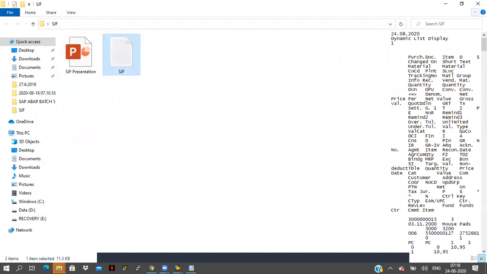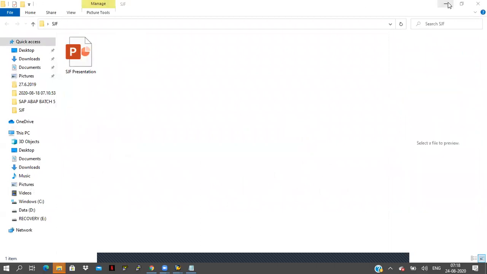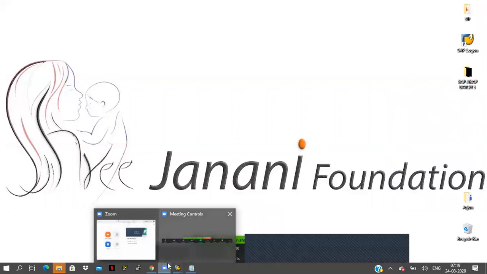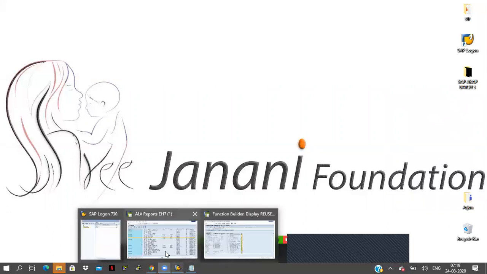And here this is the notepad, so you can save the data in the Excel sheet also. You can export the data to the Excel sheet also, but here I cannot open the Excel sheet. MS Office is not working in my system, so I cannot open that one. And here you can get one more option also for Excel sheet, but here it is not coming. I will check and I will let you know in the next class.